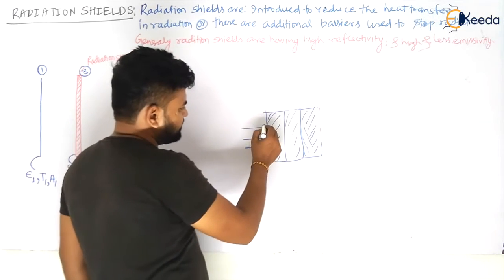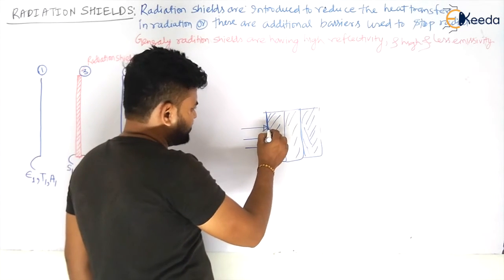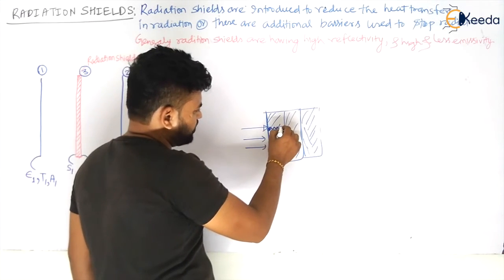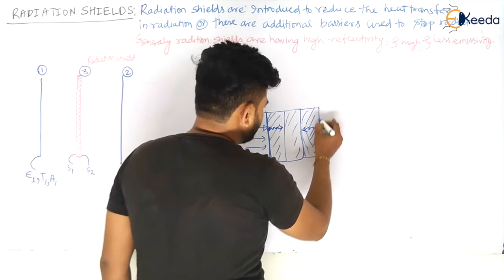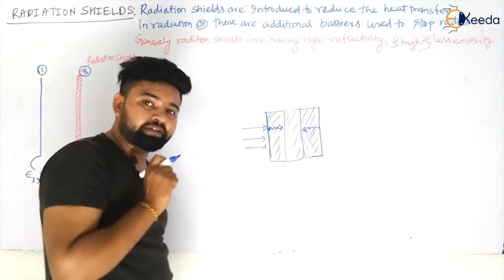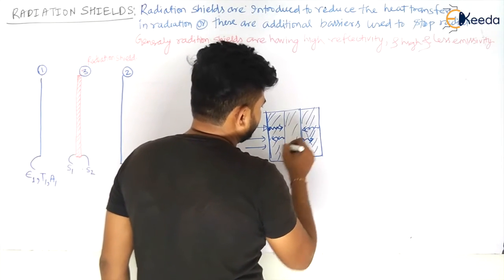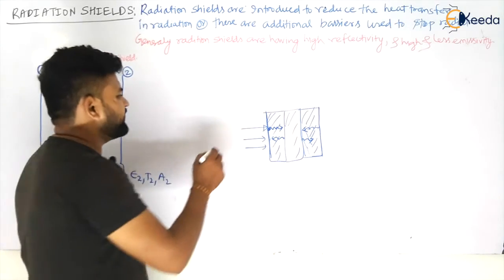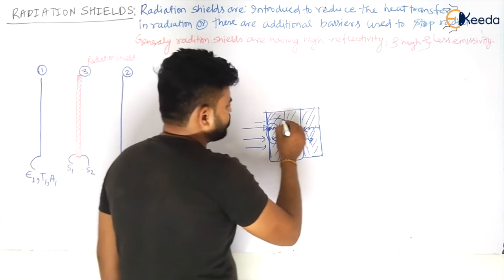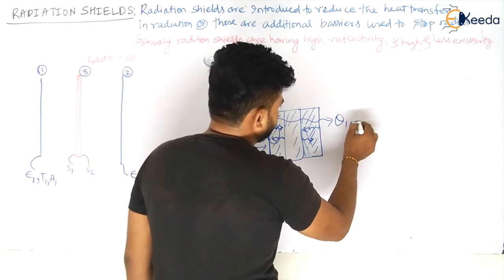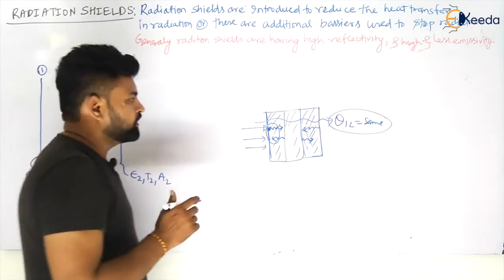So what is happening is, first of all, if I talk about only this surface, it radiates in this direction, and this will radiate in this direction because it may also have some temperature, and the radiation shield may radiate from this or may reflect back like this. Whatever heat or radiation comes from this side, I am assuming it will be the same throughout. That Q12 will be the same, as we are assuming a steady state case.